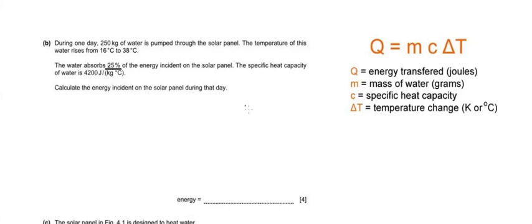So here we want to calculate how much amount of energy, the total solar energy, is incident on the solar panel, and the specific heat is given. The temperature is increasing. There is no change in the state. There is only the change in the temperature. So we are going to use this formula of the specific heat. So first of all, you have to write down this formula, and here for time being, I'm just going to